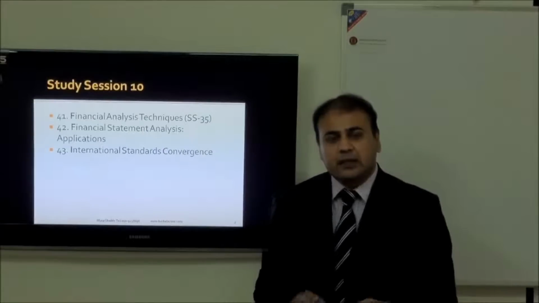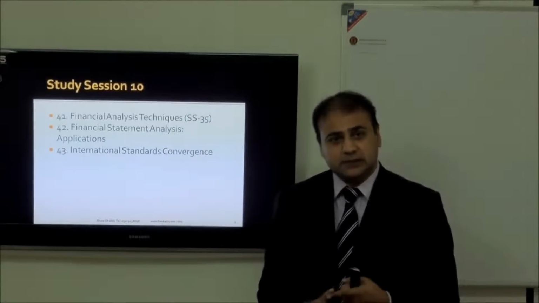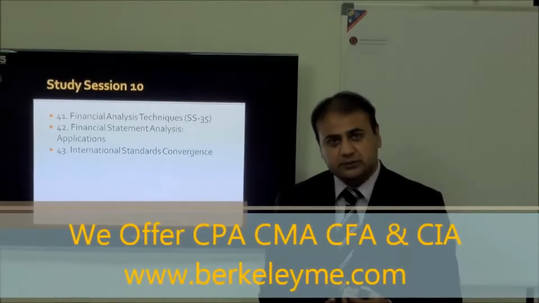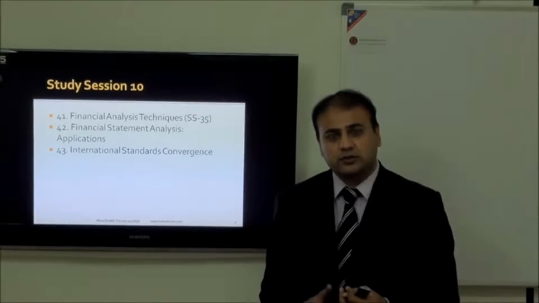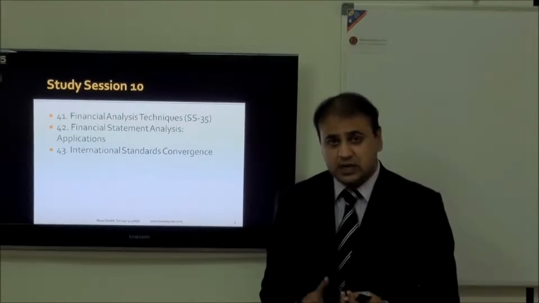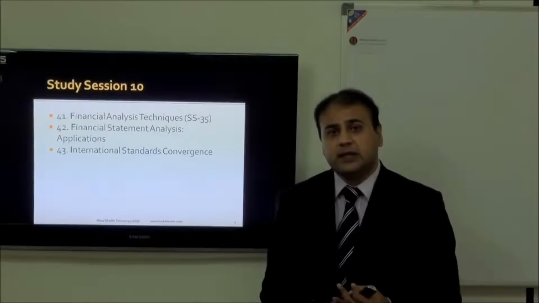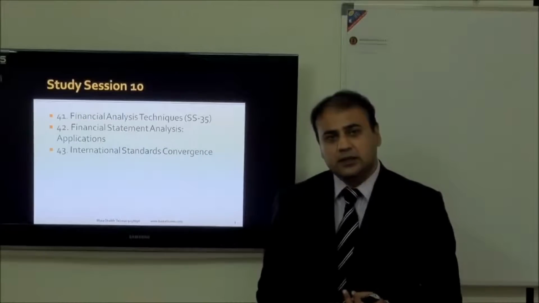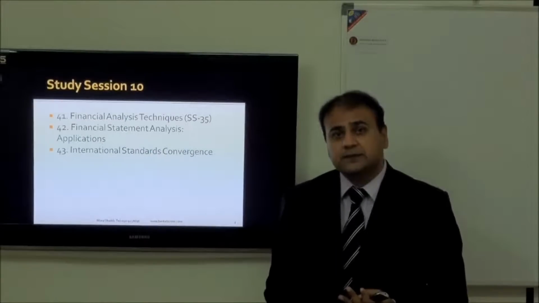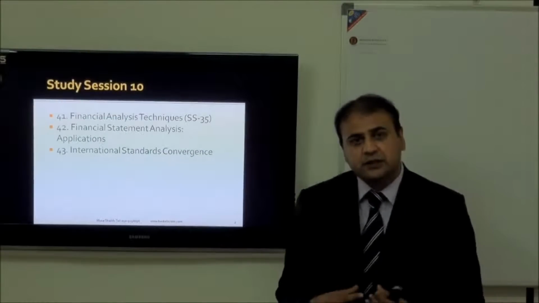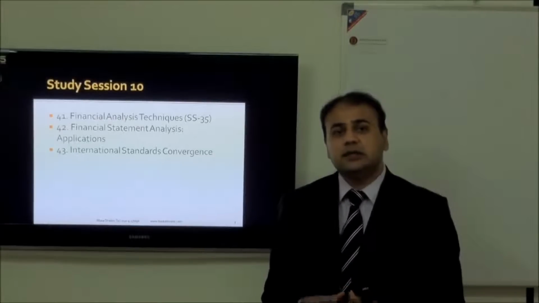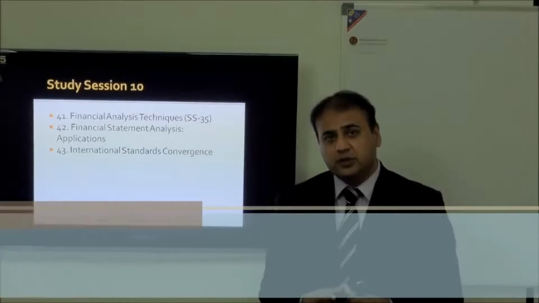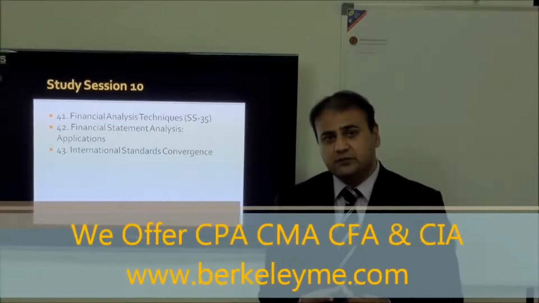We need to know whether the organization is healthy, whether it has enough cash to survive and to pay its short-term obligations, and at the same time is able to survive in the long run by paying its long-term obligations, and then how efficiently it is working in the business economy, and the overall efficiency we see from certain